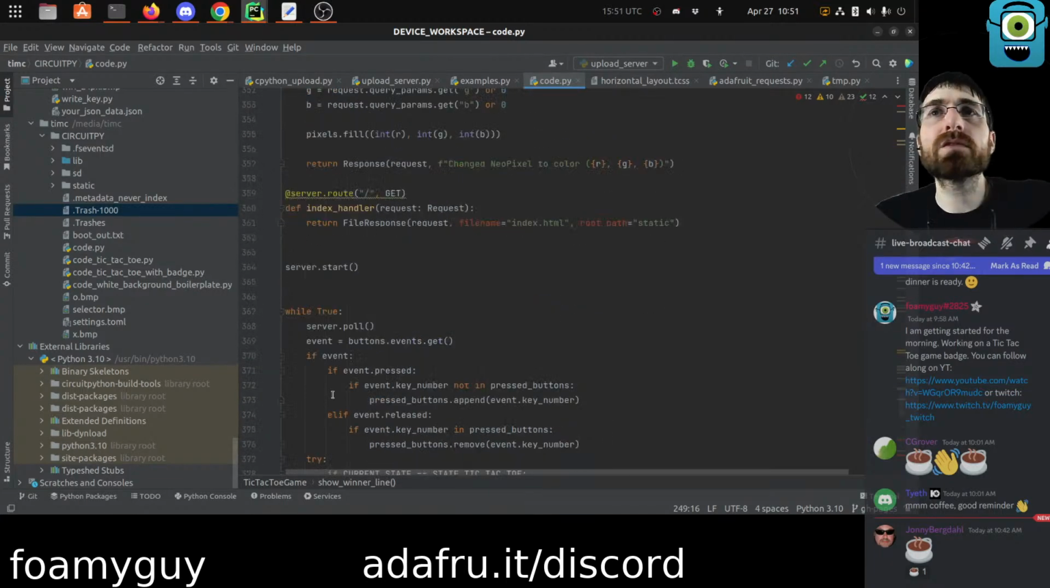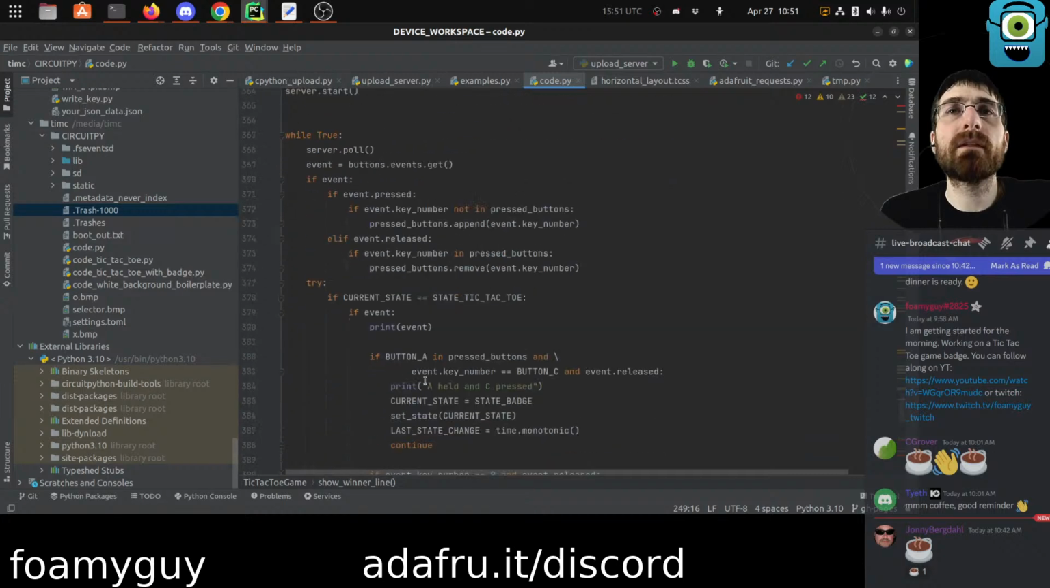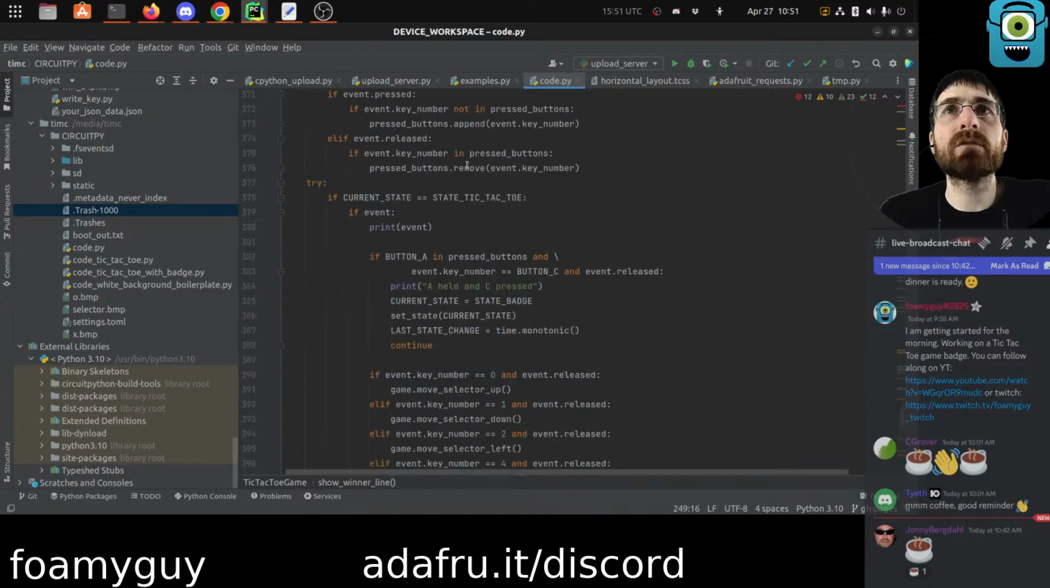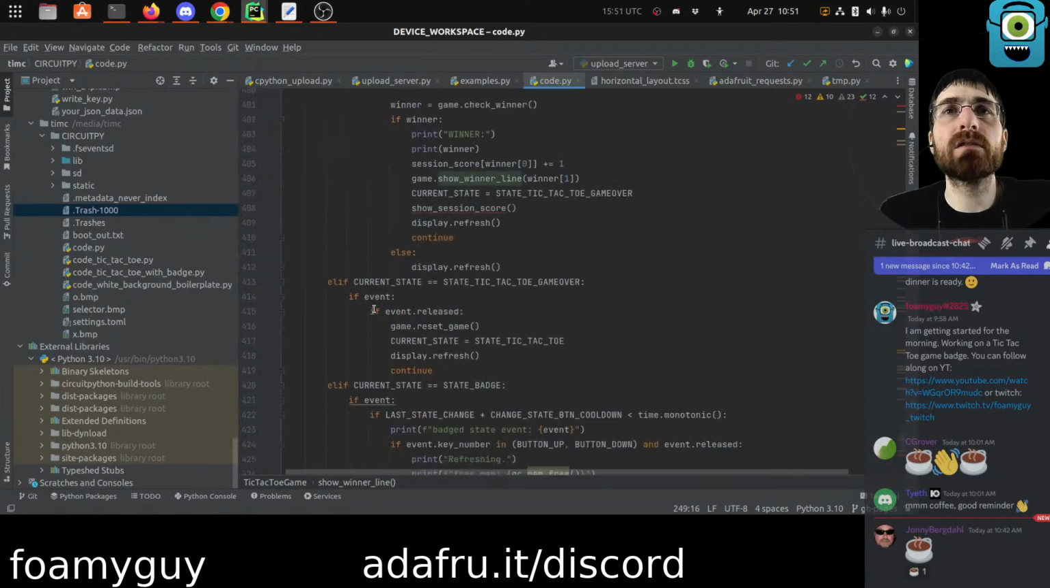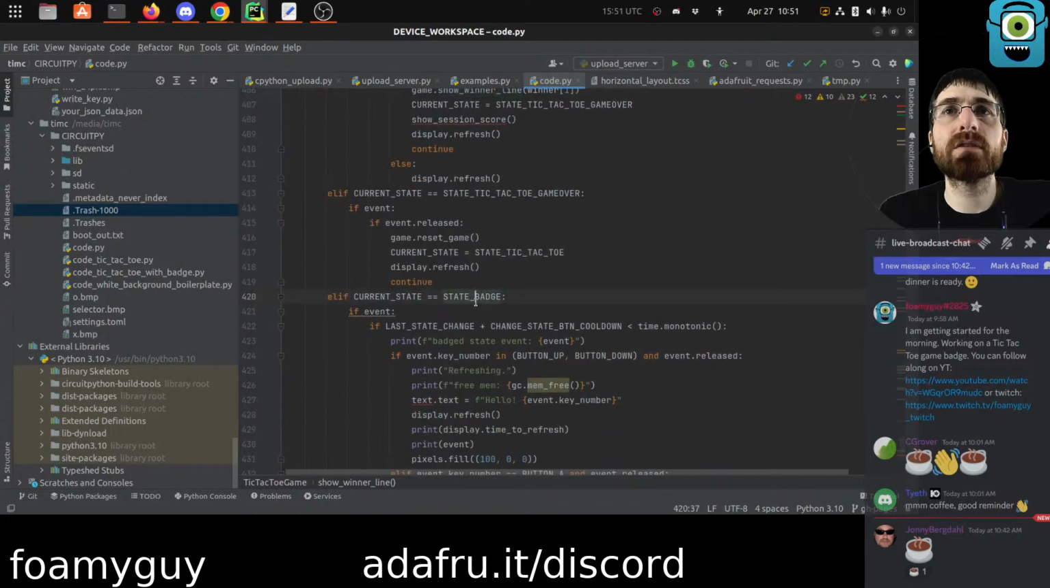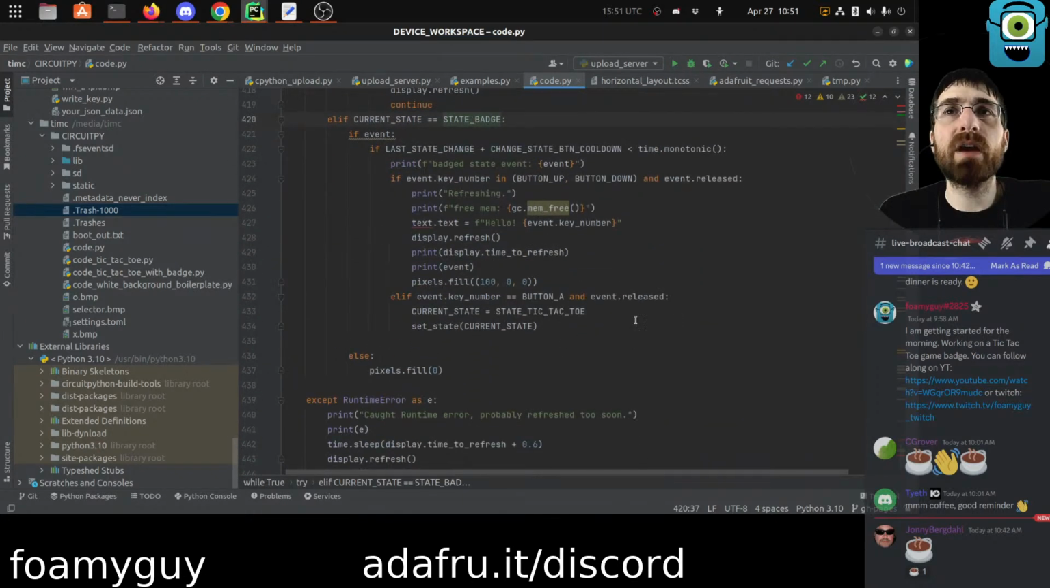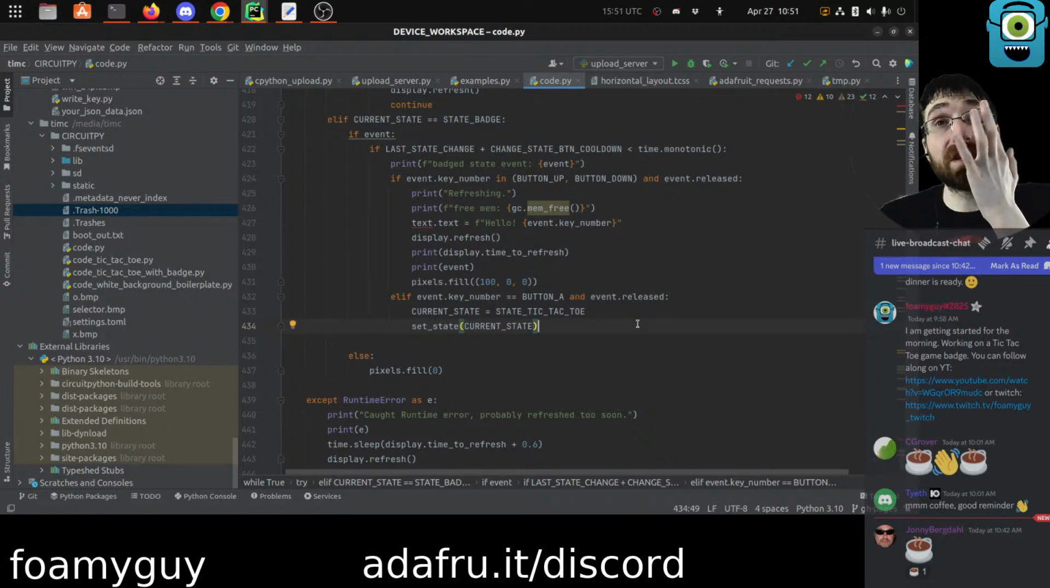Okay, let's do this. Let's see where we're at. So when we are in the badge, we're in the badge and we go to the tic-tac-toe. After we set state,